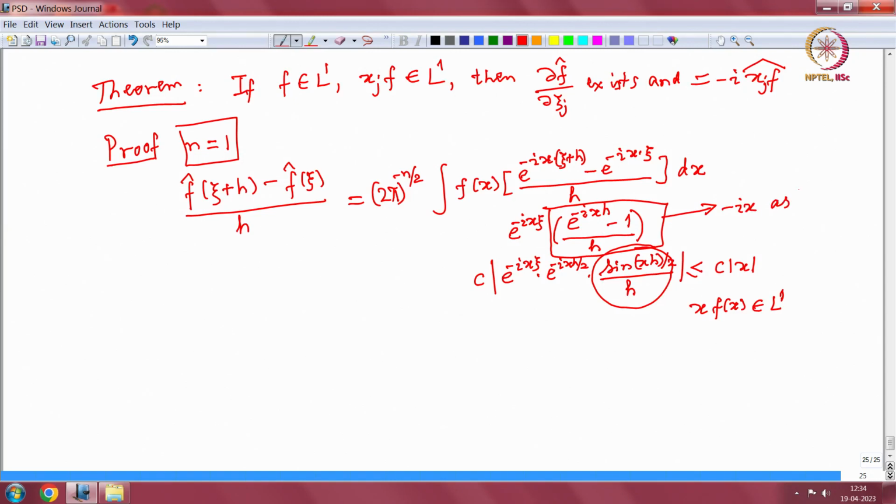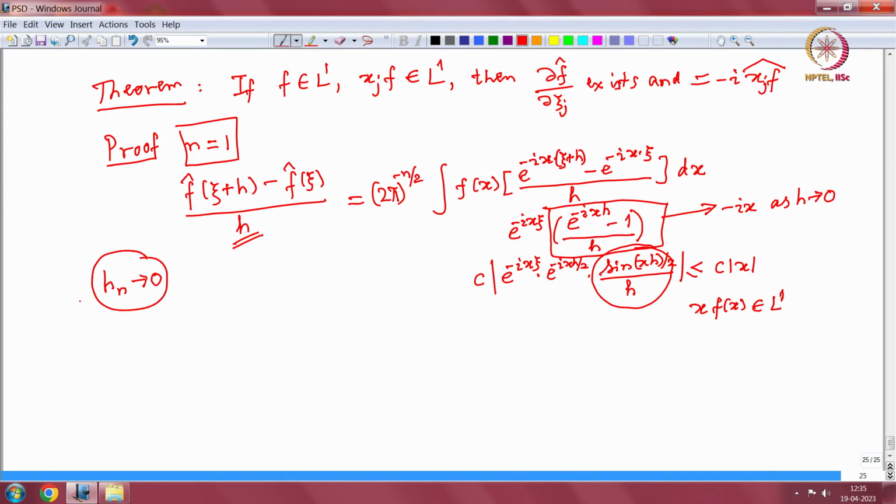Another comment I wish to make here: usually when we apply the dominated convergence theorem, we always take sequences, whereas here we are taking h as a continuous variable. The same argument we can do by taking any sequence tending to 0, and since the limit is independent of the particular sequence,